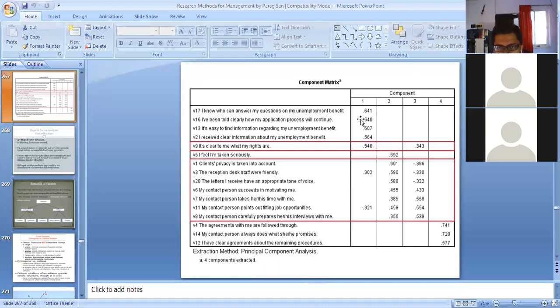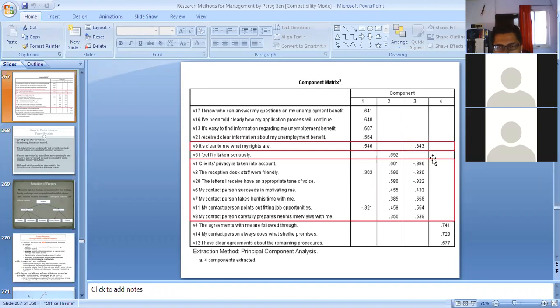Here you can see that these variables are very highly loaded onto the first component, and these variables onto the 4th component. But in other cases there are some problems: this variable is loaded onto one component at 0.54 and also onto the 3rd component at 0.343.